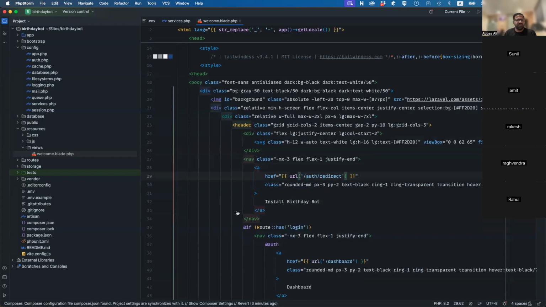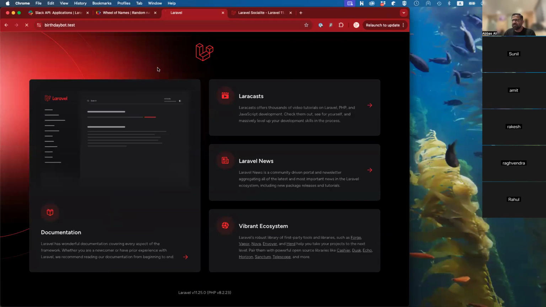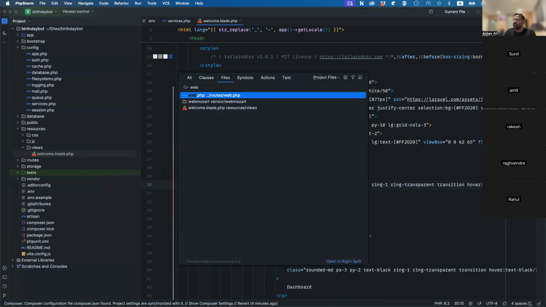So once I do that, and go back to my Laravel homepage, I should see the install birthday bot link, and it will send me to the auth/redirect URL. So now let's implement that auth/redirect route. So let's open web.php